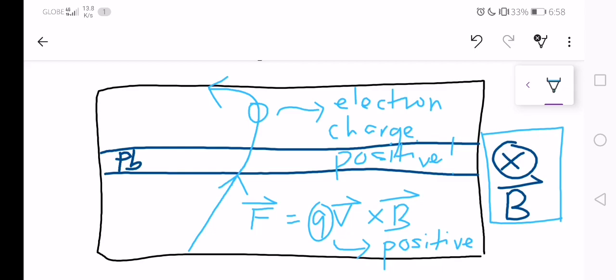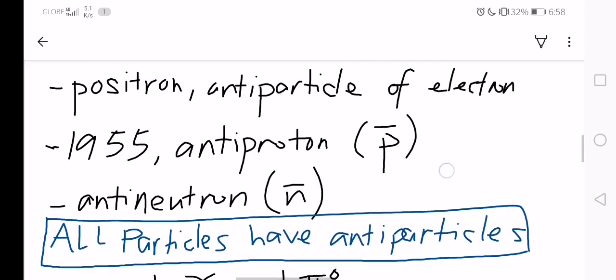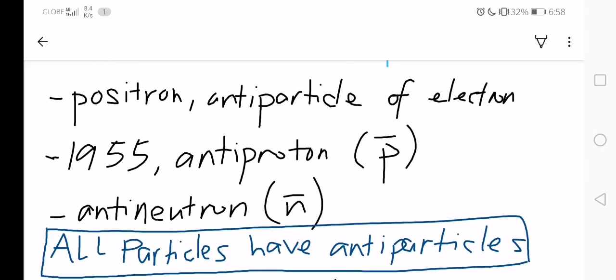So of course we know that the charge of an electron cannot be positive because it won't be an electron. So this must be a new particle, and this discovery was the first to prove the existence of what we now call antiparticles. So he called this new particle the positron. So the positron is an antiparticle of an electron, in the sense that it has the same properties of an electron, except that its charge is positive.